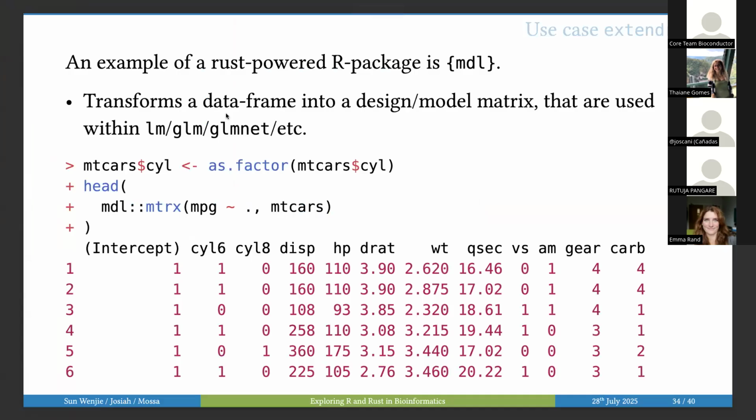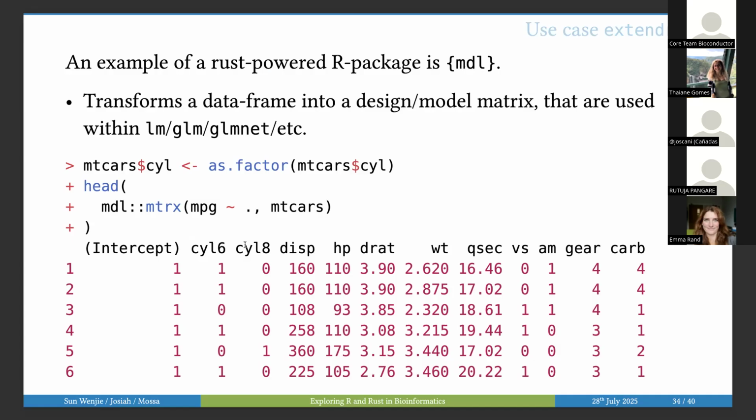Right. So we have this small package called MDL, and what this R package does is that it takes a data frame and in return creates a model matrix for use in all sorts of statistical packages such as LM, GLM, and I think GLMNet is very prominently used in bioinformatics. Yes. And essentially what this does is that it takes variables and then it creates the design matrix.